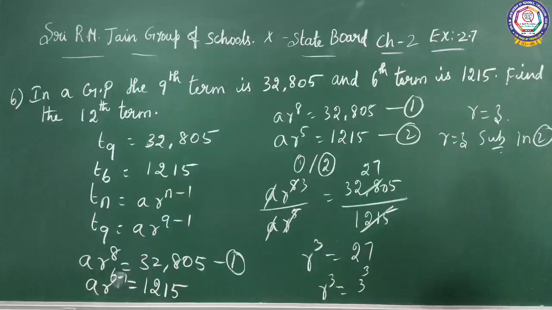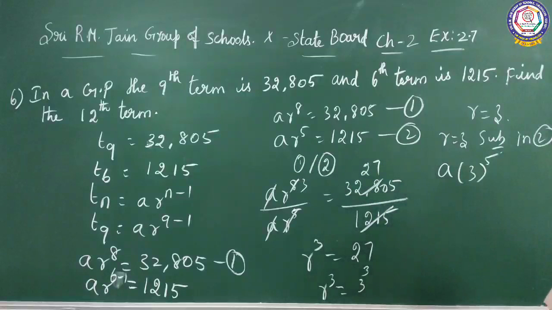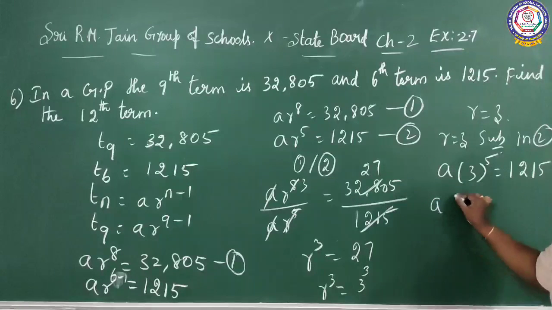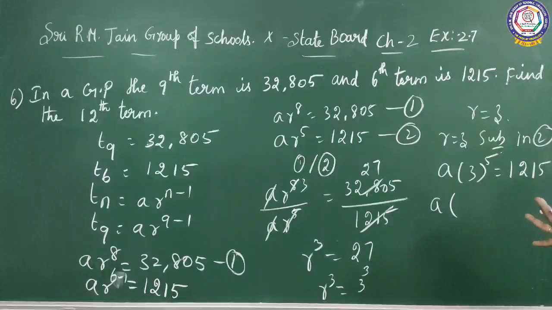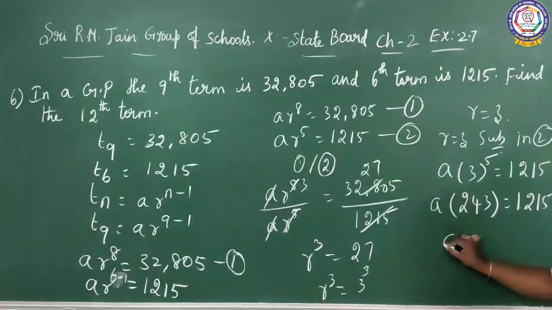Second term, what is the value? a 3 power 5. Instead of r, I put 3 here. 3 power 5 equals 1,215. What is 3 power 5? 243. 3 3s are 9, 27, 81, 243. So 243a equals 1,215. a equals